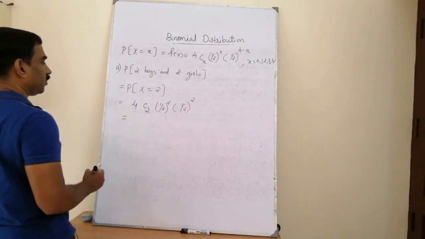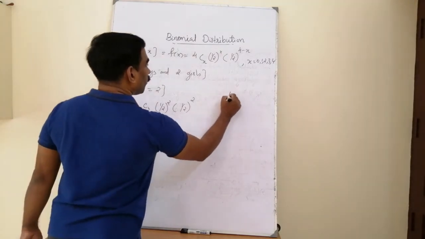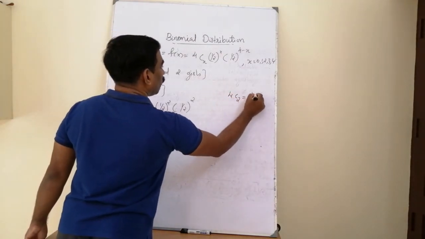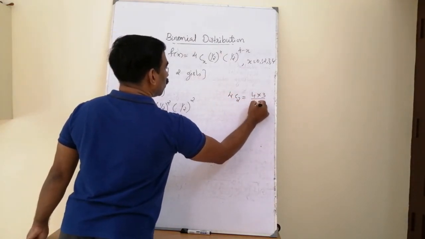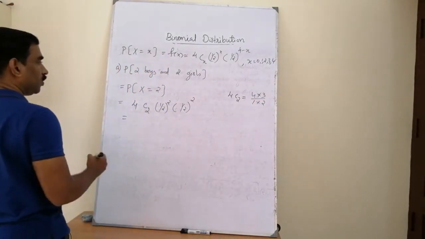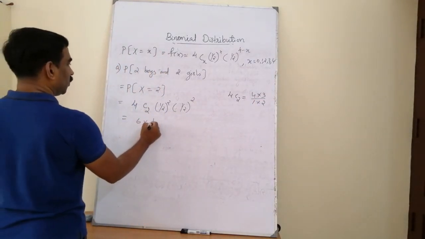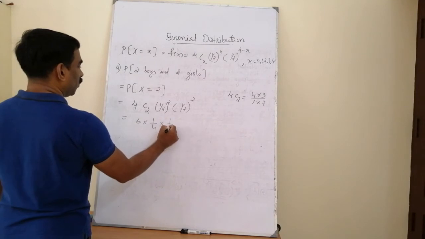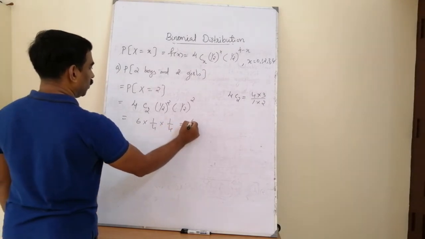What is 4C2? 4 into 3 divided by 1 into 2, that is 12 by 2, that is 6. 6 into 1/4 into 1/4, that is equal to 6